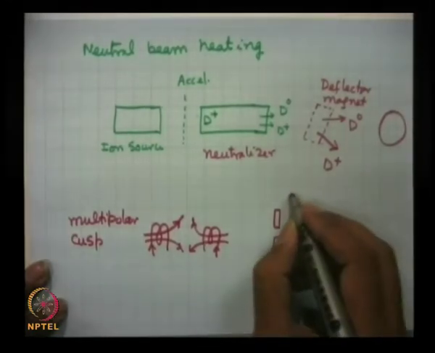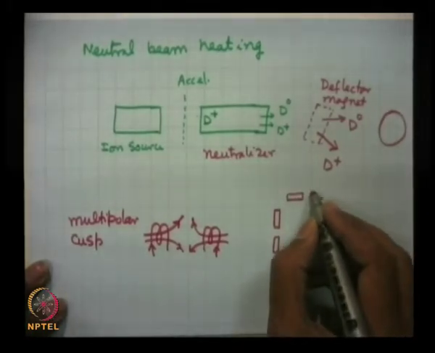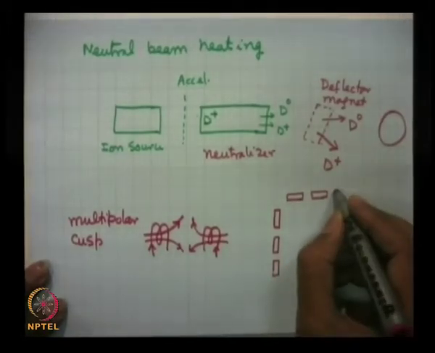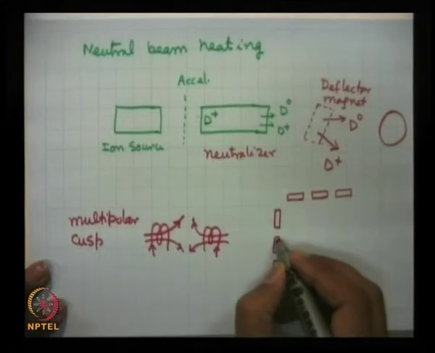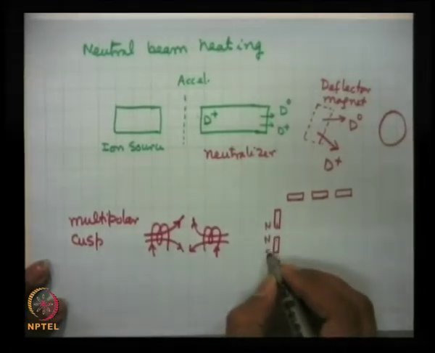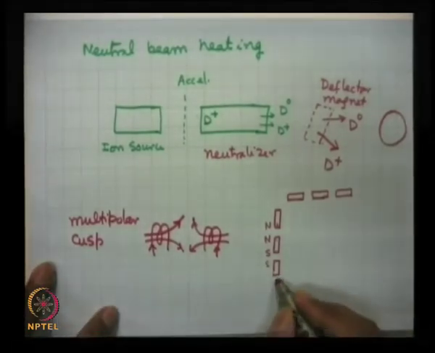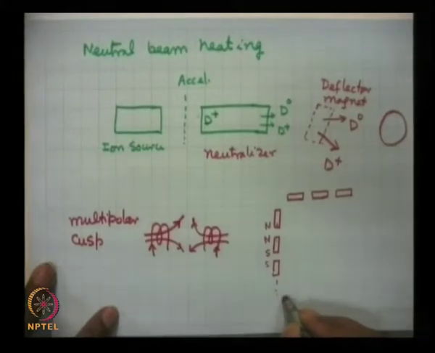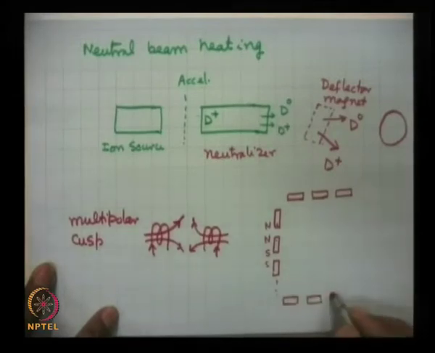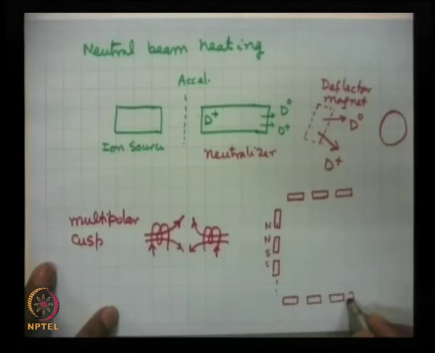So, you have this structure here, you have many of these bar magnets with opposite polarities. Like if this is north here, then this is also north here, this is north here, this is also north here, this is south here, then this is also south here, and so on. So, place many such magnets in such a fashion, then the magnetic field that they produce in this region is called multipolar cusp B field, and